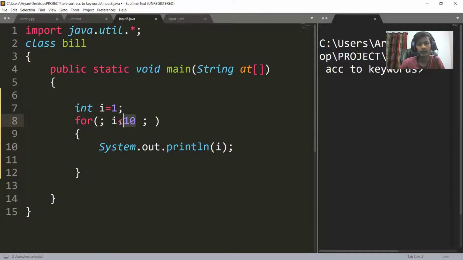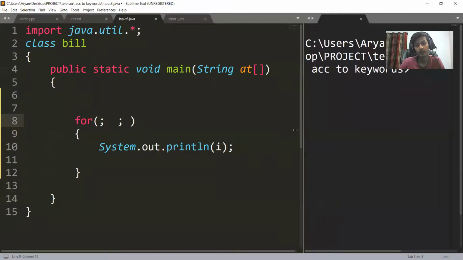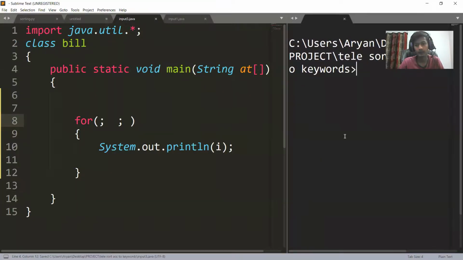Now what if I remove this also? Are you getting it? If I remove this also, there is no initialization, no condition, and no updation. Now what will happen? It is still an example of an infinite loop.